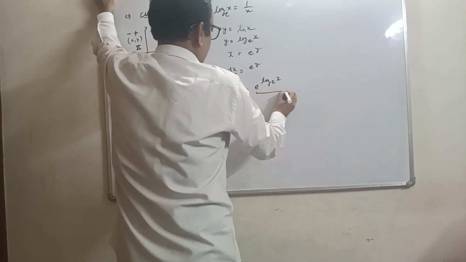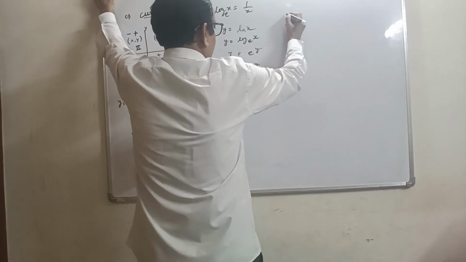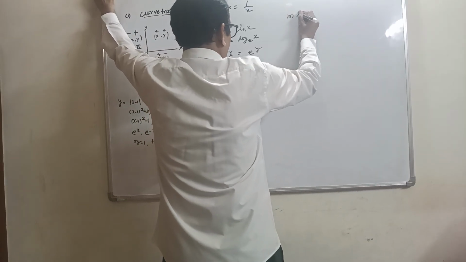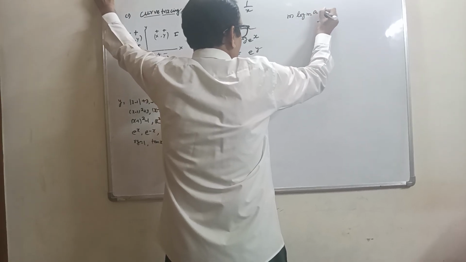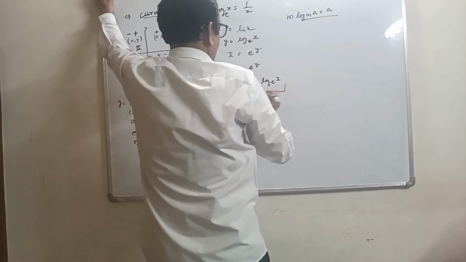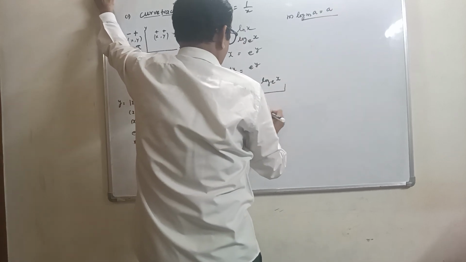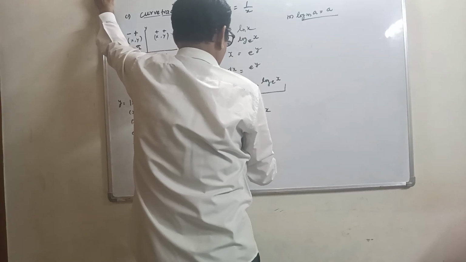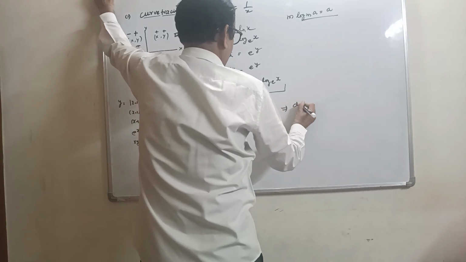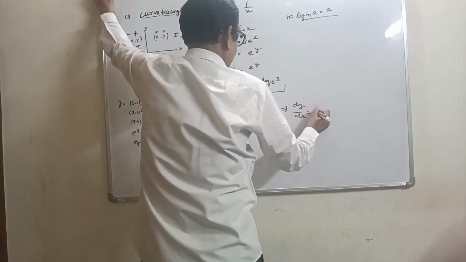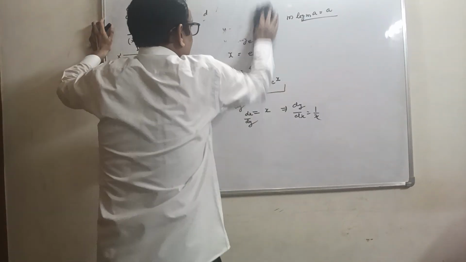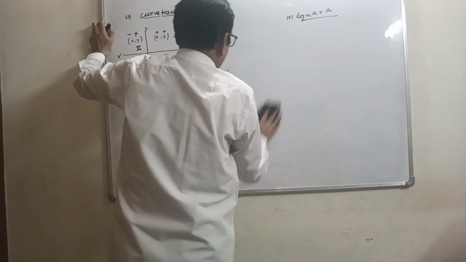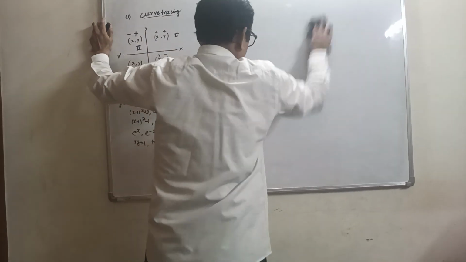So we know the property of logarithm, that is log m base a is equal to a. By this property we have to write here x is equal to dx over dy. So this becomes dy over dx is equal to 1 by x. So this is the basic differentiation here, and similarly we have to find here the differentiation of